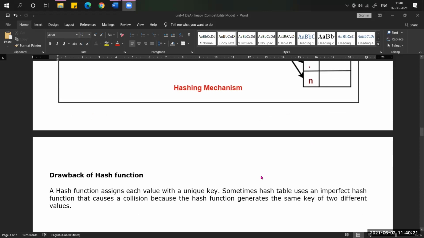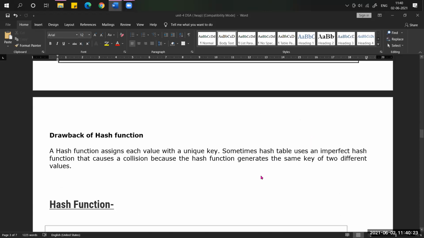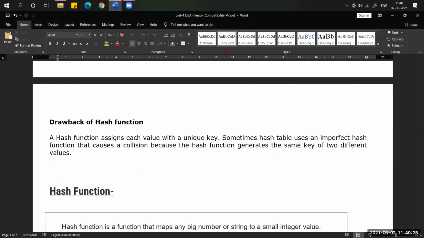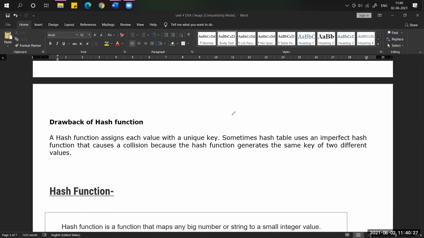For example, I'm taking 23 modulus 10. What is the output here? 3 is the output. What is the meaning of this when we use the hash function? At index number 3, we need to store 23. Right. For example, another number is there,